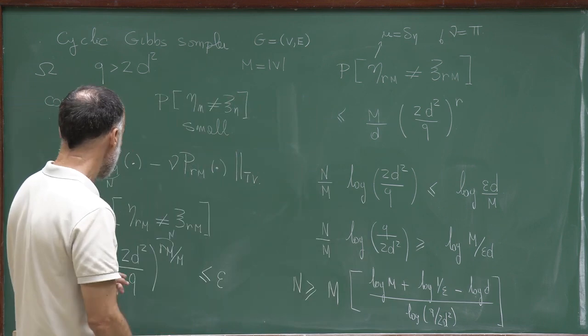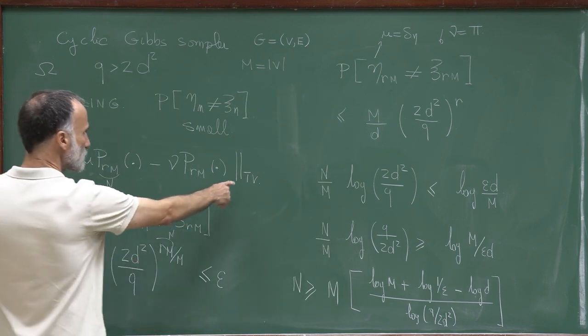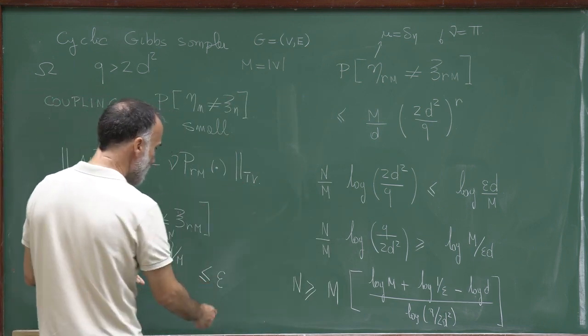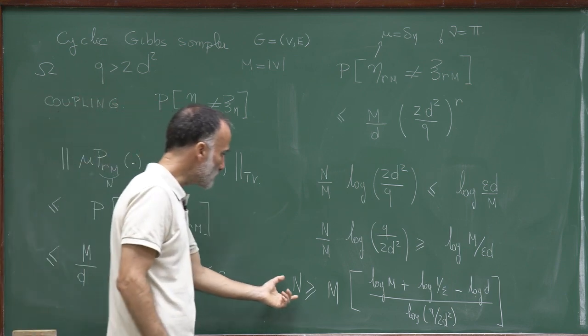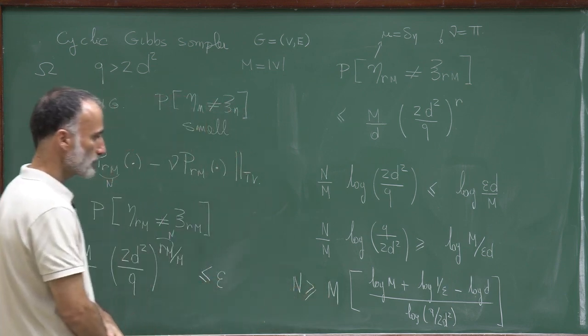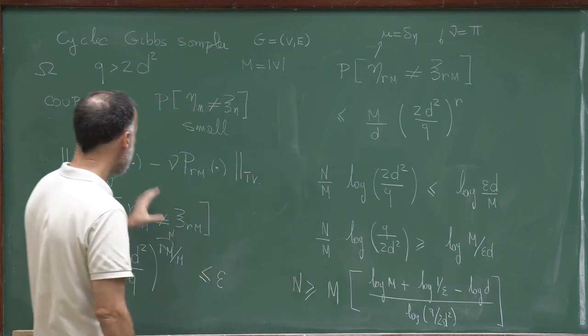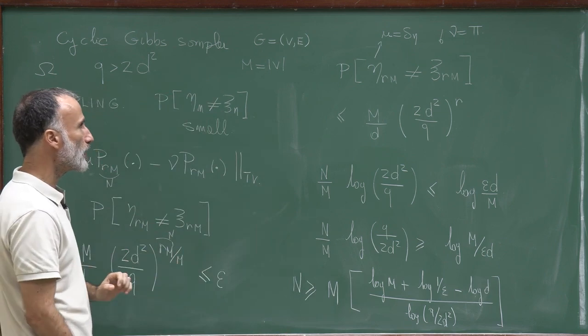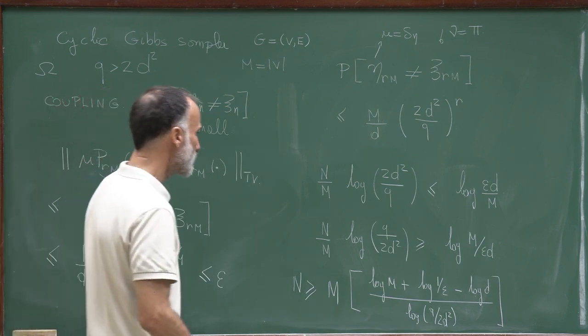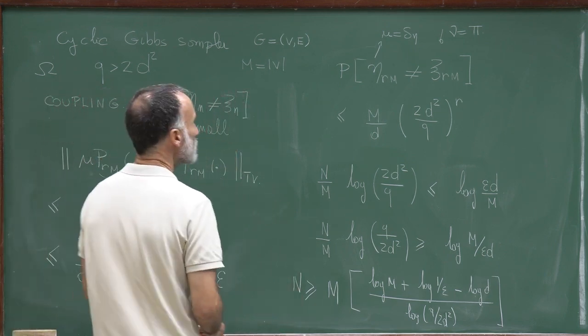So if I want this total variation distance to be bounded by epsilon, I need to take a time larger than that. If I take a time n larger than that, then I know that this quantity is bounded by epsilon. So this is telling me that the mixing time t epsilon,